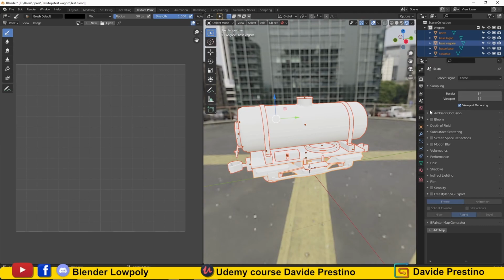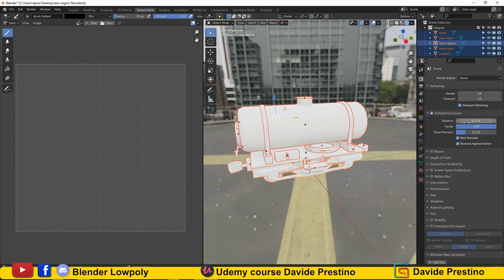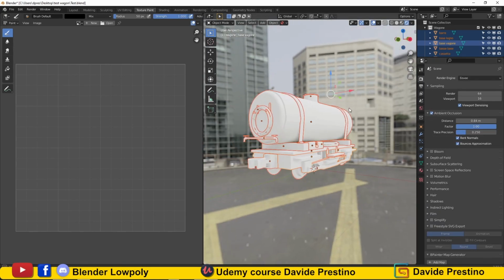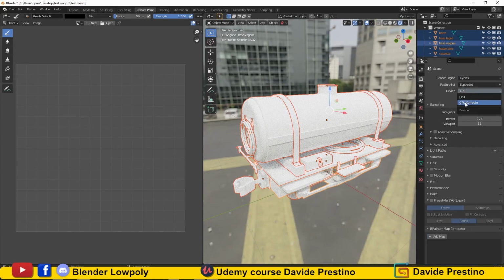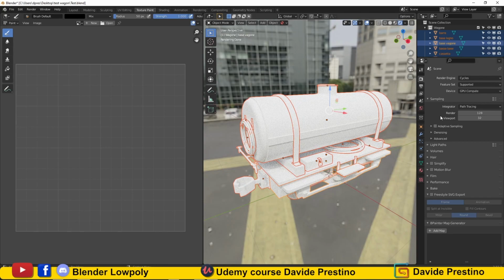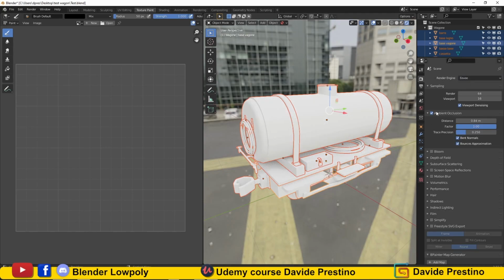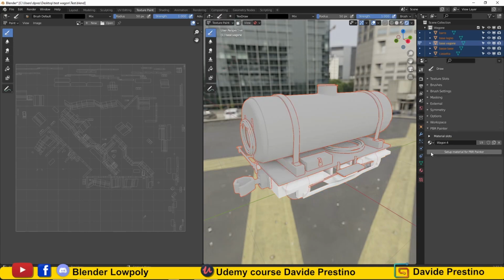From the render settings, let's add some ambient occlusion to enhance the shadows. You will also need to use Cycles to create masks, so I'll set GPU rendering ahead of time. Let's go into Blender's texture paint mode, and select the PBR Painter add-on.